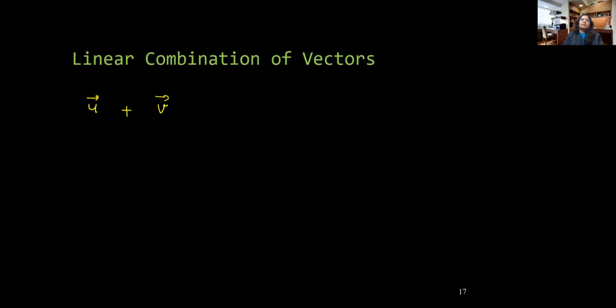We have also talked about scalar multiplication. For example, I want to scale u with a scalar a. A can be any real number, positive, negative, floating point number, integer, whatever. So I can scale it by multiplying it with that number, and how do we interpret that? We can simply multiply all the coordinates with this scalar, and geometrically we can either stretch or shrink or flip according to the value of a. So these two things we have discussed in the previous video.